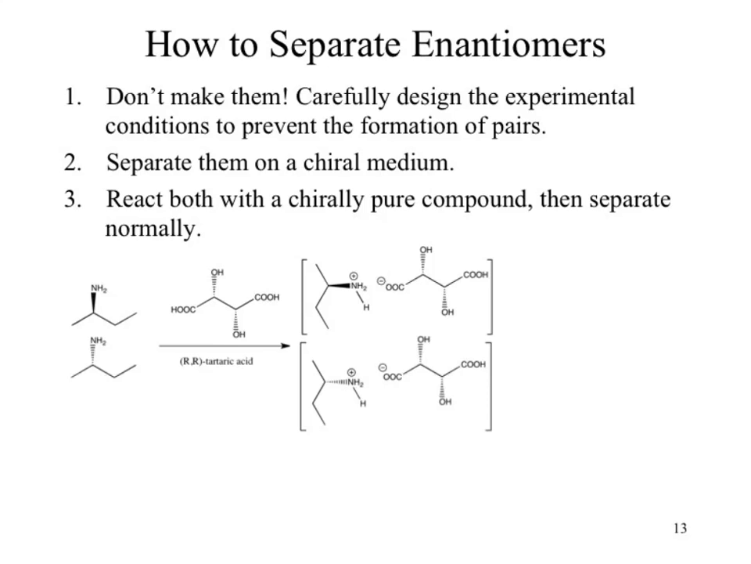The other fun thing that we can do is once we've generated the enantiomers, we can react them both with a chiral pure compound. If we go through and react them both, we end up generating a new product. So if we take a look at this first molecule, the relationship between these two structures is